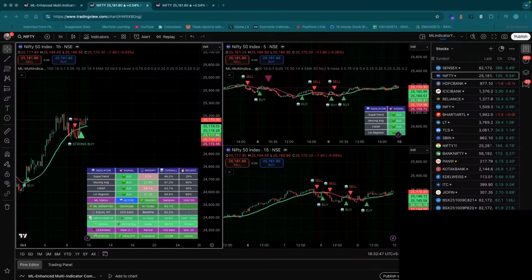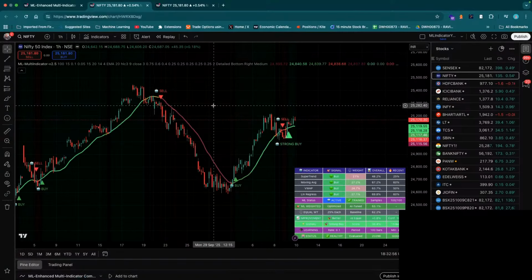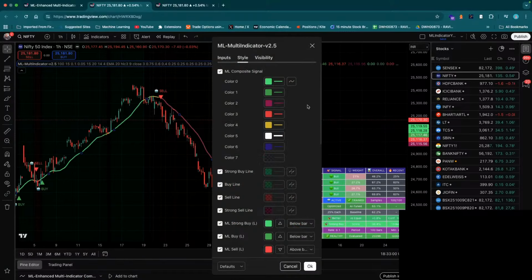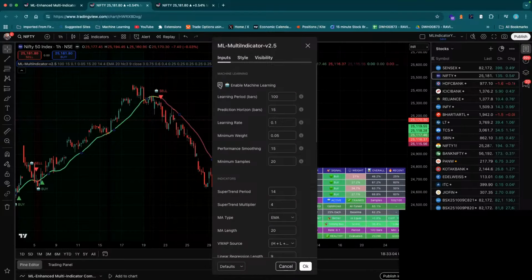What is ML status like? Oh yeah, this is basically, so one second. So suppose you do not want to use ML, right? And also it's fast actually. That's the reason we're not able to see. Suppose you can actually disable this, and then